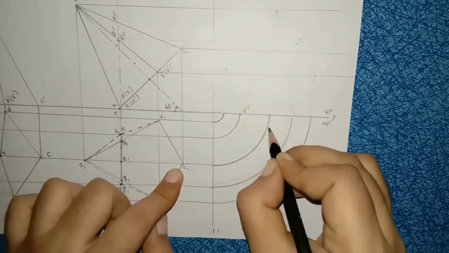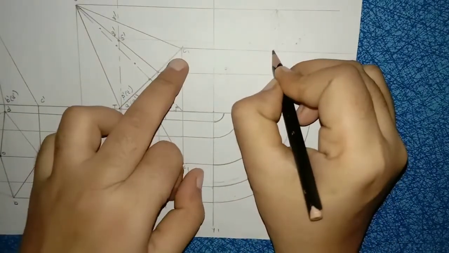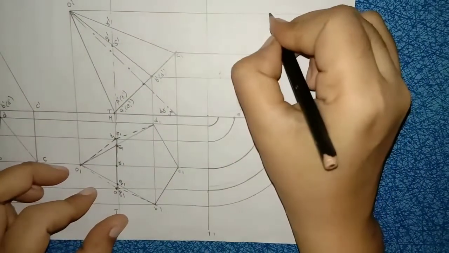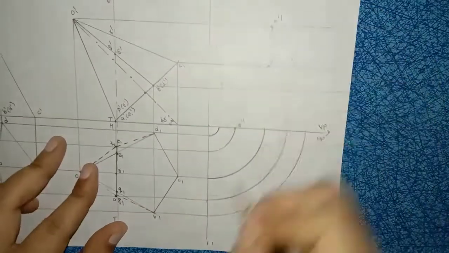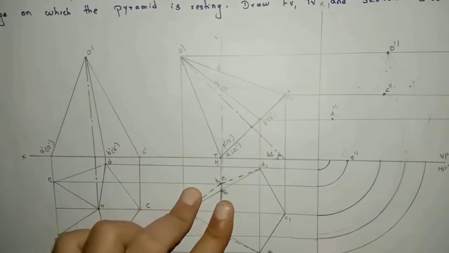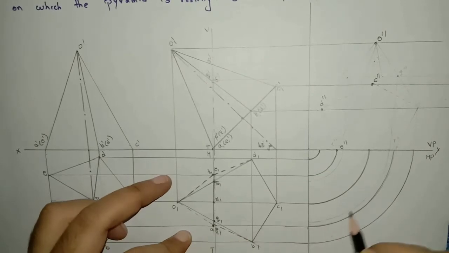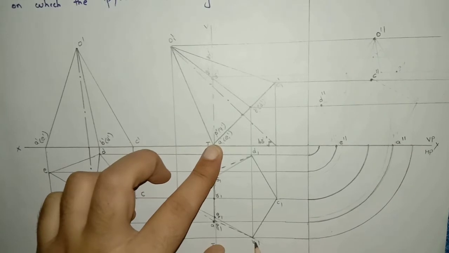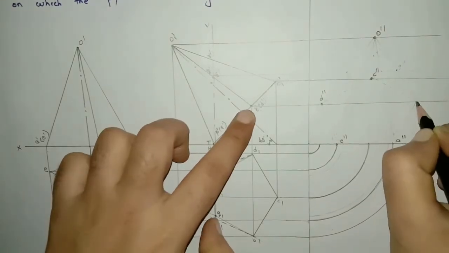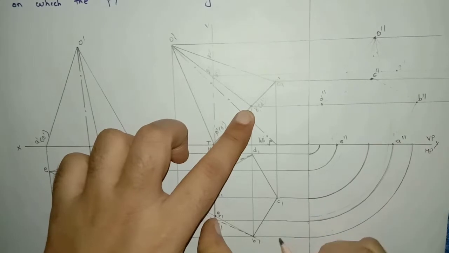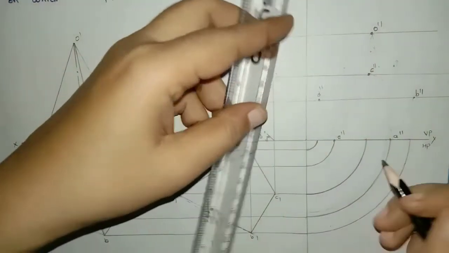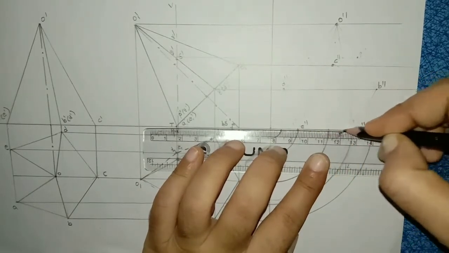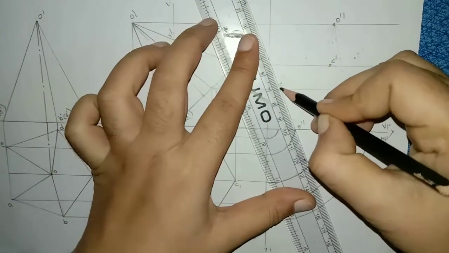Next C1, C point to here, this is the C point, C double dash. Next this is O point to O point, O double dash. Right, then next here A point to, this is A point, A double dash. Right, then next B point to, this is your B point, B double dash. First join this pentagon A, B, C, D, E.